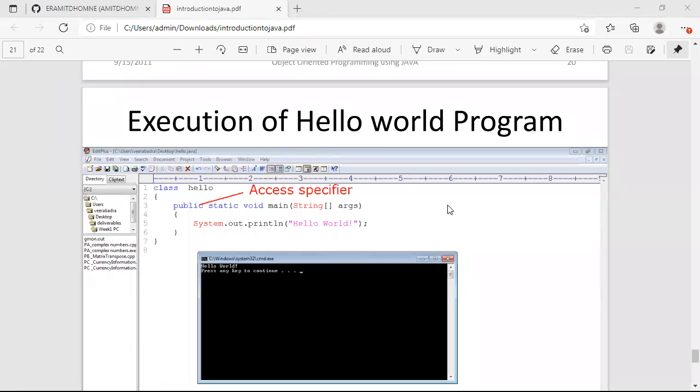Memory management. Okay. Static is a keyword which, whenever you add it with any function, means that to execute that function, or to use a static variable, you don't need to create any object. You can directly access it with the class name. So a static member can be directly accessed with a class name also. If I write like Hello.main, then with the name of a class you can access it.